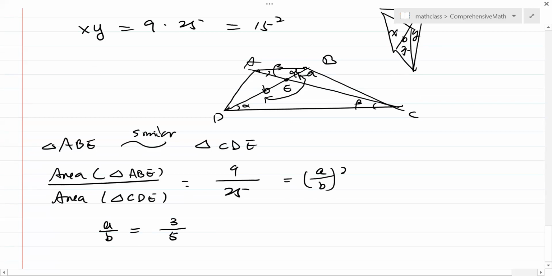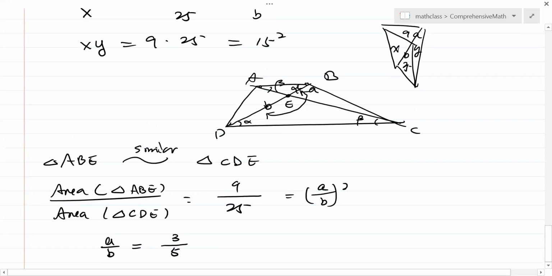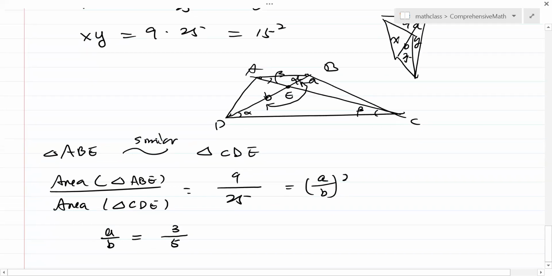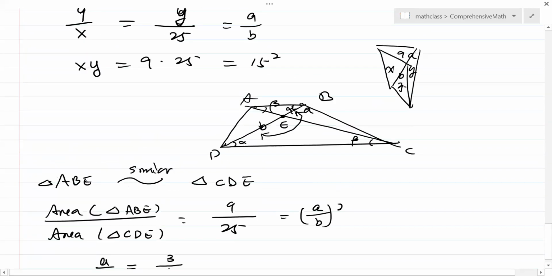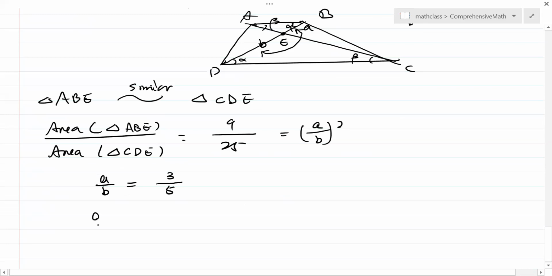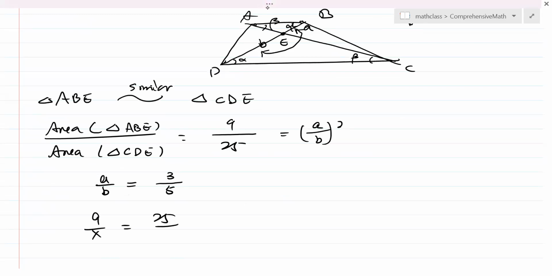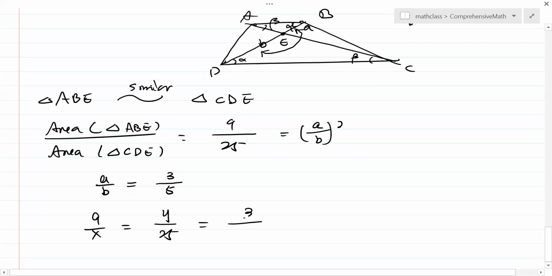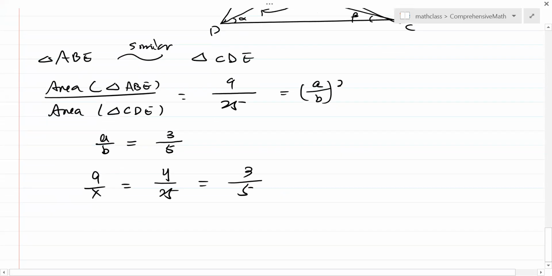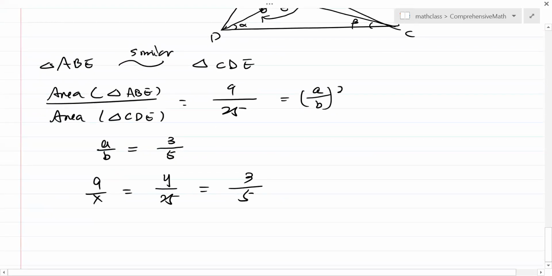That's good enough. Then you go back to what you saw here. A over B is 3 over 5. So 9 over x equals y over 25, and y over 25 is going to be 3 over 5. We already got this is A over B. So from here, actually, you can get x. x is going to be